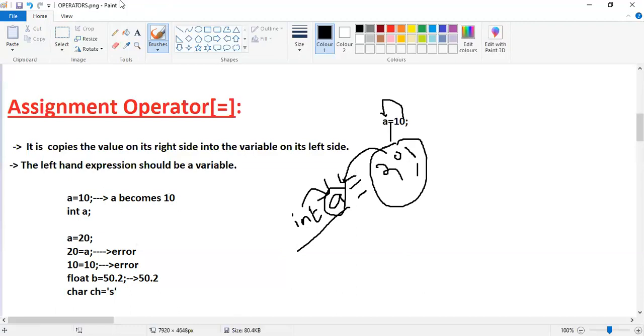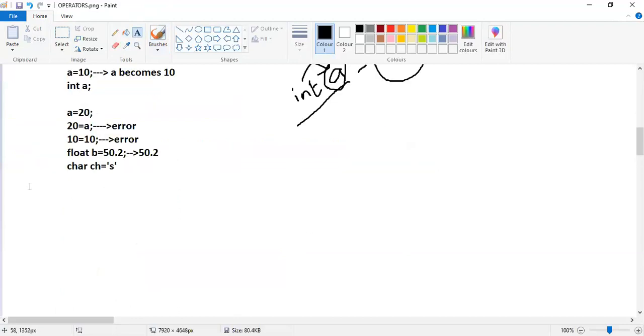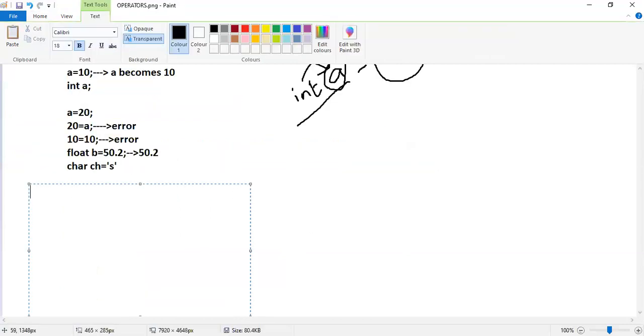Okay, now guys, we'll see. For example, char name of 10. It is a char array.